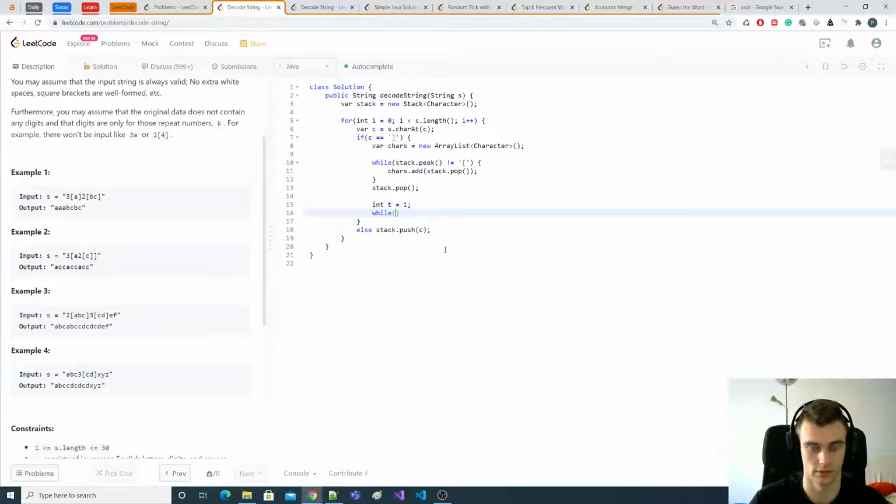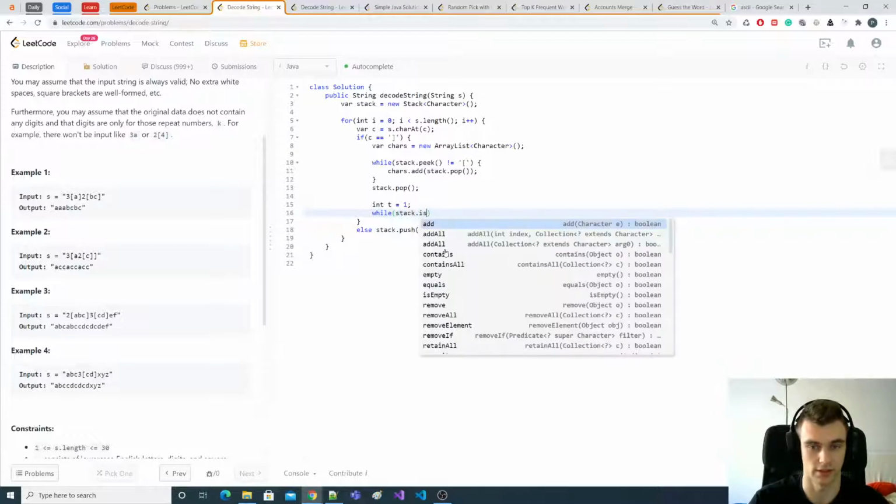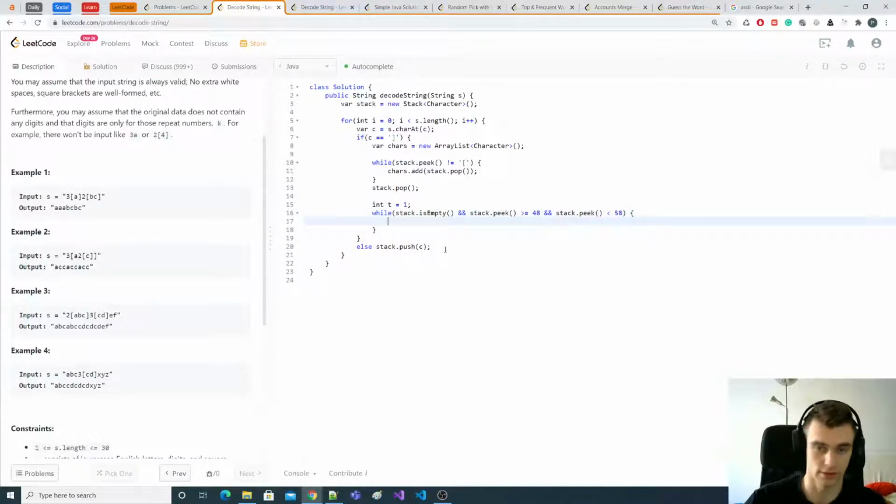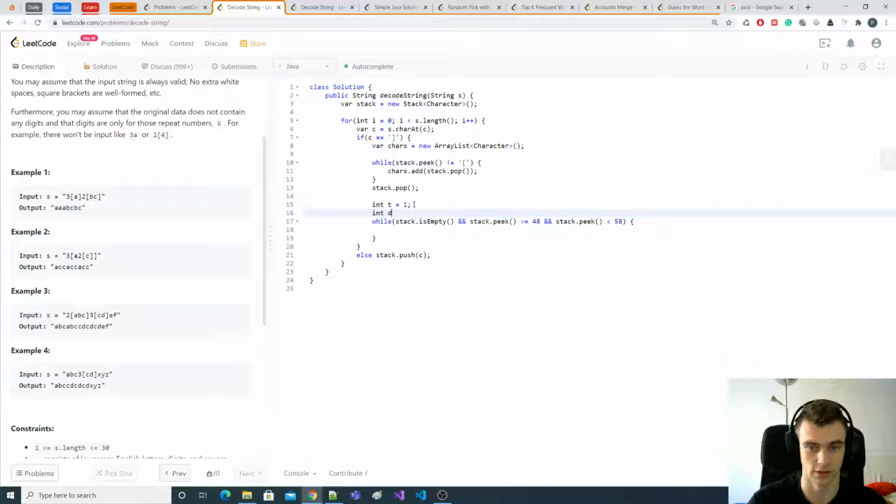So while the stack is not empty, we need to check that it's not empty. We need to iterate through all the characters and peek at the stack for all the digits. Stack peek is greater or equal to 48, that's the number from 0, and stack peek is less than 58. Okay, so we need to have a digit, int digit, let's say that's k,